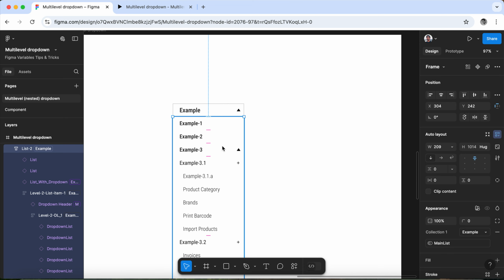So while I click on this, the interaction is given in the way like this: this is the variable mode example, if dropdown header 1 is false. So this is the dropdown header. Here I have attached the variable dropdown header, and this is the dropdown header 2. So this entire list is dropdown header 1 and this is dropdown header 2. And the interaction is given as,